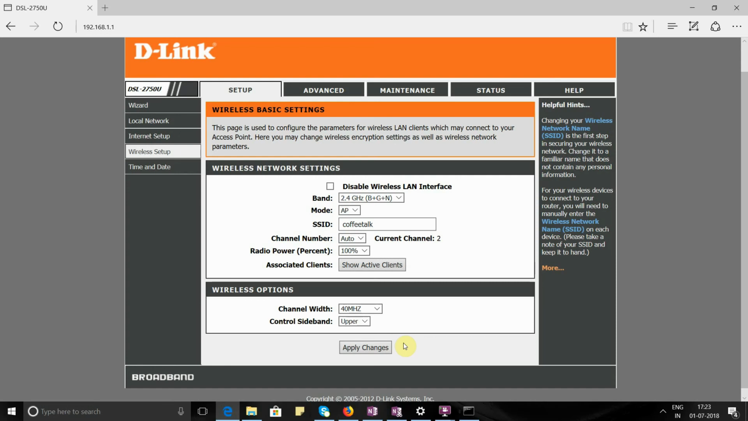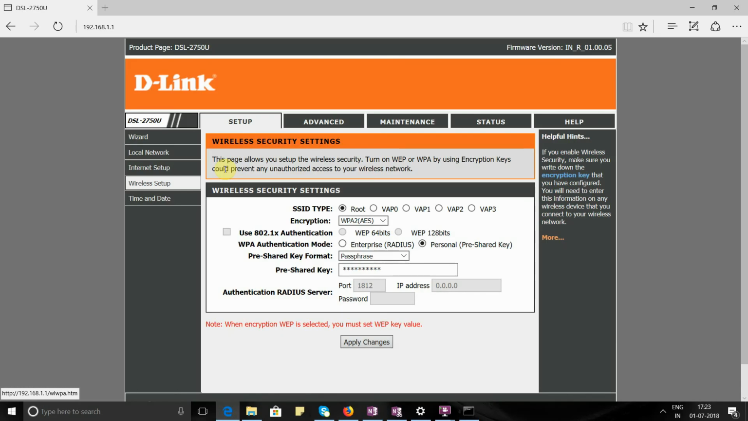Now if you want to change the wireless password on your network, just go to wireless setup again. Now instead of clicking wireless basics, please click on wireless security, and once you click on wireless security, you see these different options coming up on the screen. You see encryption type here. Once you click the drop down box, you see WEP, WPA, WPA AES, WPA2 AES, WPA2 TKIP, WPA2 mixed. Please select WPA2 AES,